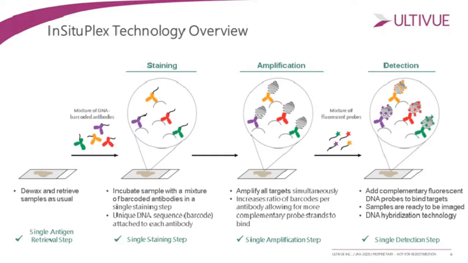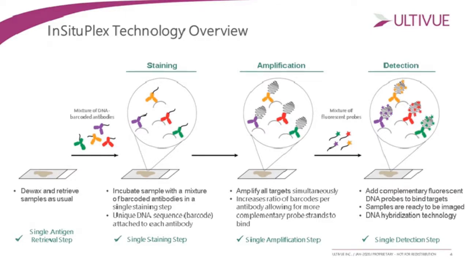This increases the number of binding sites for the fluorescent probes that we will use in the next step, which is the detection step, based on a DNA hybridization technology. Basically, we use a mixture of fluorescent probes, made of a DNA sequence complementary to the barcode sequence on the antibodies, and which carries a fluorophore. We use here the classical 4 fluorophores that are spectrally distinct, which are FITC, TRITC, Cy5, and Cy7, in order